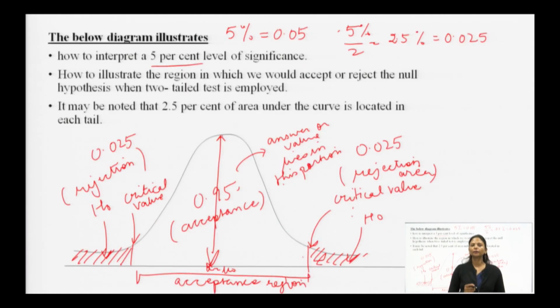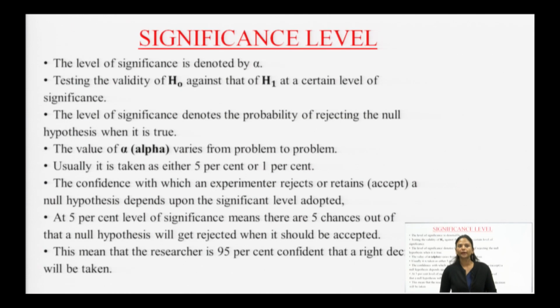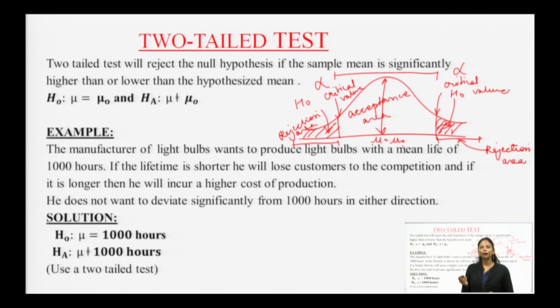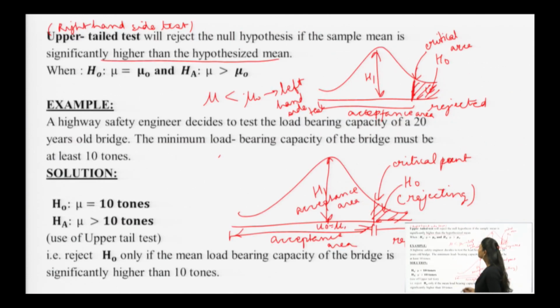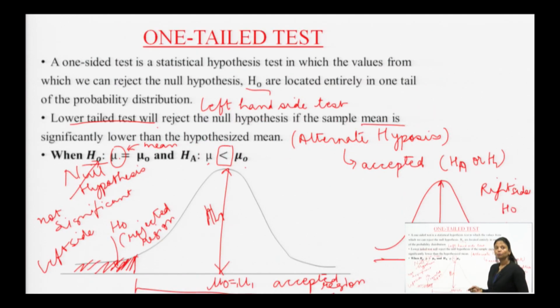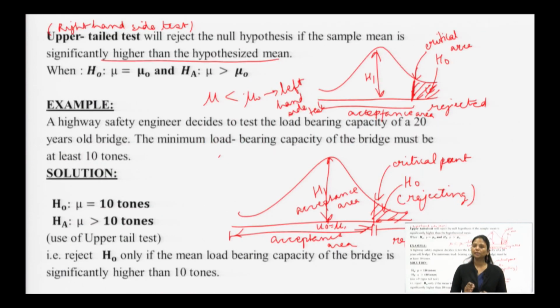Now, just taking a quick review of how to find a suitable significance level and how to go for a two tail test. When we were talking about a one tail test, the rejection area is on either side, either the left side or the right side, but not on both sides of the bell shaped curve. Whereas, when we talk about two tailed, my rejection area should lie on both sides of the bell shaped curve.